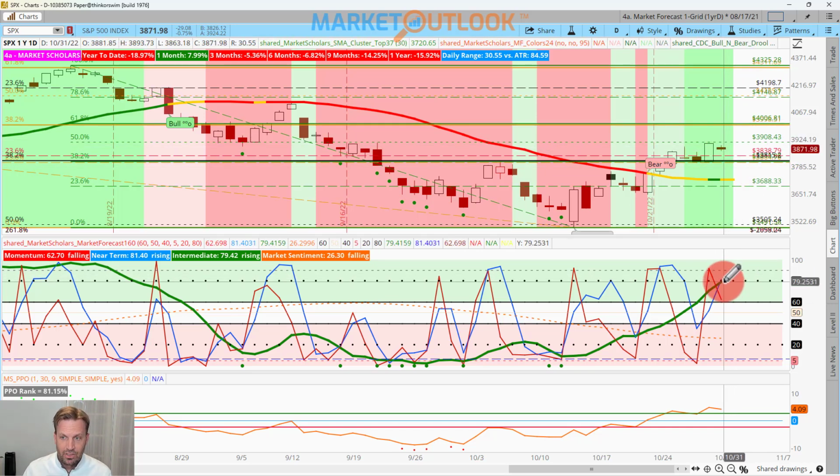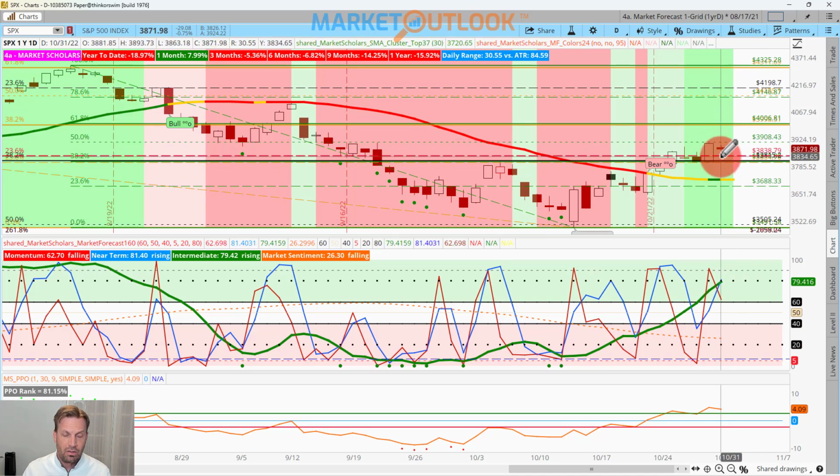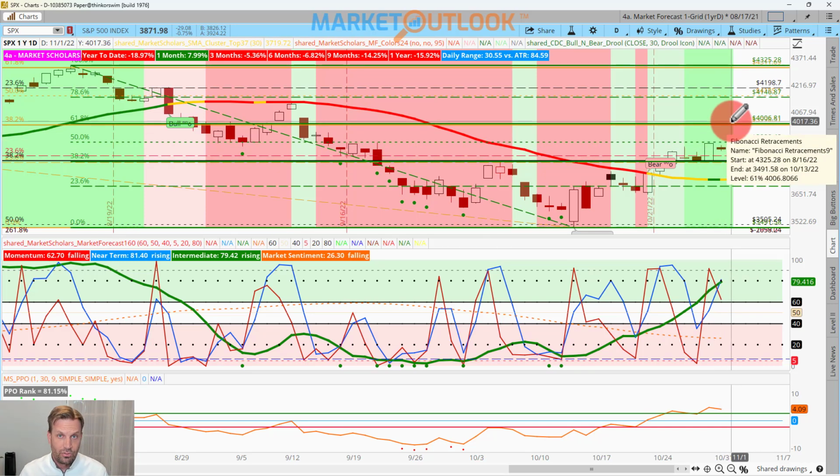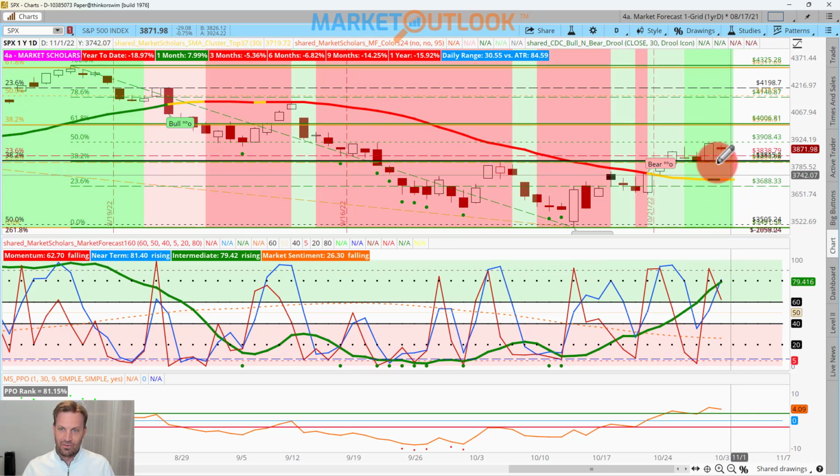Very good chance we end up with a cluster, right? Because your near-term line is already above 80, your momentum line is almost there, 79.5. They're both rising, so they're both going to get there tomorrow, barring a big drop. And then for the momentum line, we'd have to get a bigger range than what we saw today, and then, like I said, close at the high. If we can get that, then we might get a cluster going into the FOMC meeting, which is, again, fascinating